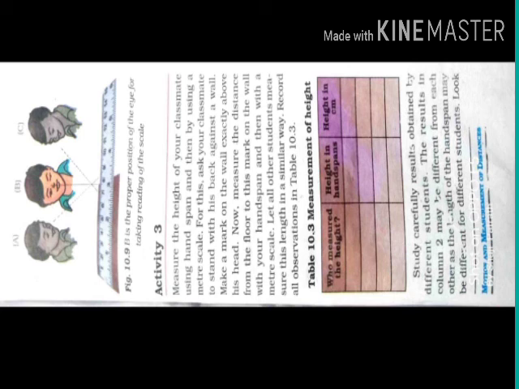After all these records, you can find that each one's handspan will be different. Your father's may be different from yours. Your sister's may be different from your mother's. So everybody's is different. Now when you look at column 3, that is height in centimeter, that will be the same, or maybe close to each other. But sometimes there will also be a difference because sometimes we make errors. That error we will learn about in the higher classes. Anyhow, you have to do this activity and send it to me on my WhatsApp number.